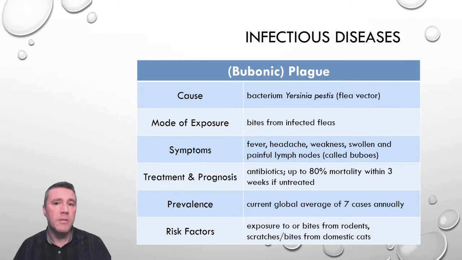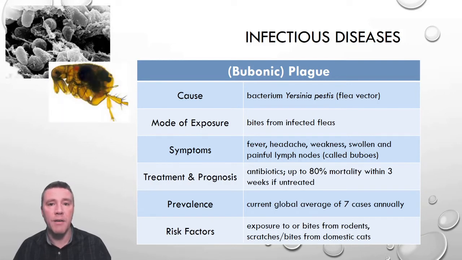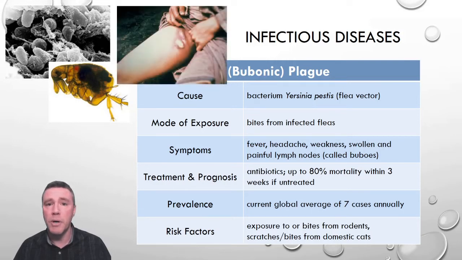Bubonic plague, sometimes just referred to as plague, is caused by a bacterium called Yersinia pestis, for which fleas act as a vector. Within just a few days of exposure to the bacteria, symptoms develop, the most characteristic of which are swollen lymph nodes known as buboes. Although treatment with antibiotics is possible, without treatment, up to 90% of those infected die within 10 days.